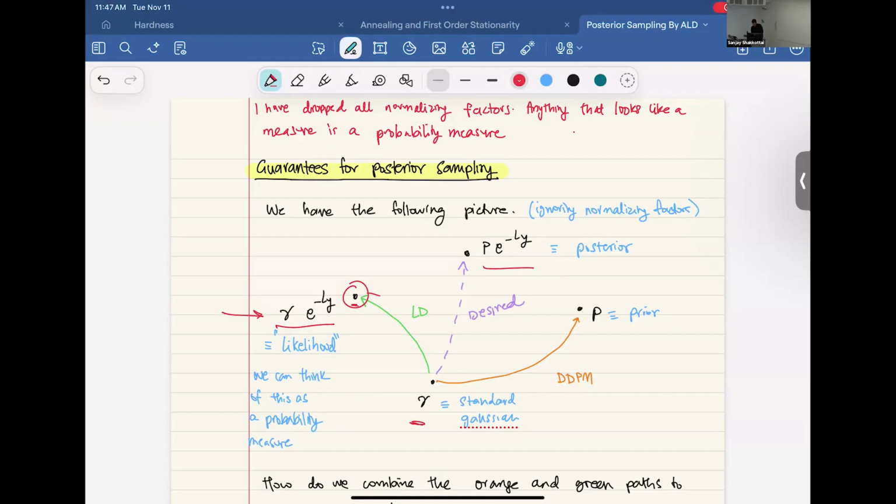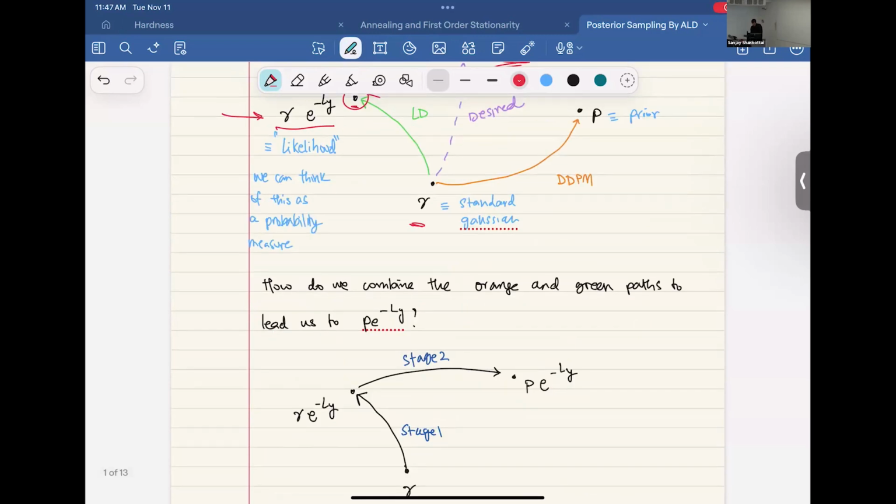The thing that we want to do is sample from some kind of combination of both of these things. We want to get to this one. So the way that we're actually going to do it is to start from gamma and go to gamma e to the negative Ly using Langevin. We can do this pretty easily. And then go from gamma e to the negative Ly to p e to the negative Ly by using annealed Langevin. When we talk about annealed Langevin, we need to specify this path pi t, right? So what it's going to be is p t,